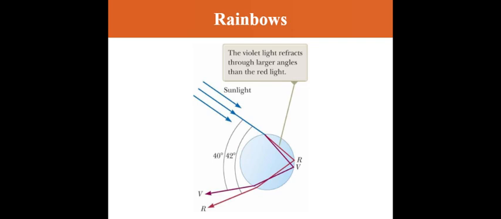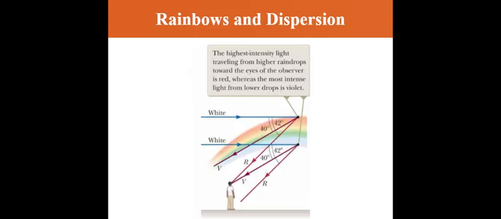And since their refraction is a function of their wavelength, what ends up happening is that there's obviously a slight angular difference between the different colors of the white light that have now spread out. So there's a 40-degree angle between the most intense component of violet light and the incident sunlight, and there's a 42-degree angle between the red light and the incident sunlight. So this angle, while small, is enough to generate the rainbow, because